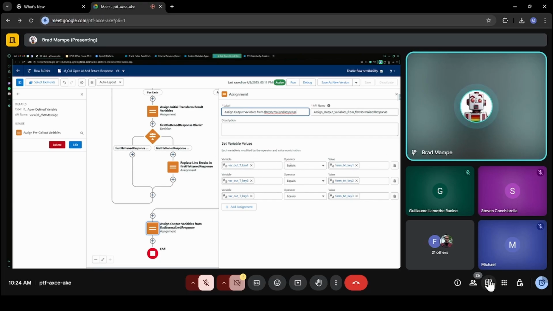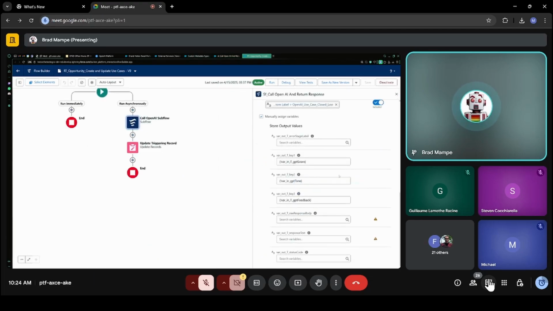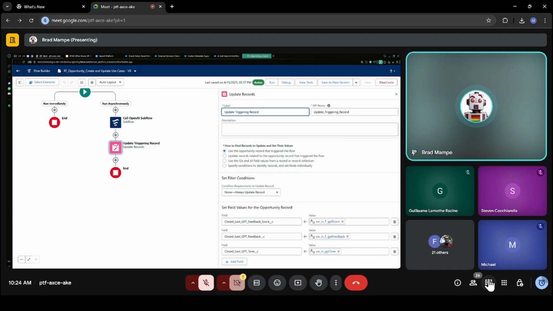Then after the loop completes, it takes all the values from that, assigns them to these output variables. If we go back into the parent flow, we now have these convenient variables from our subflow that we can map to variables in our parent flow. And in this case, we are mapping them to variables that we are going to use to update the opportunity.